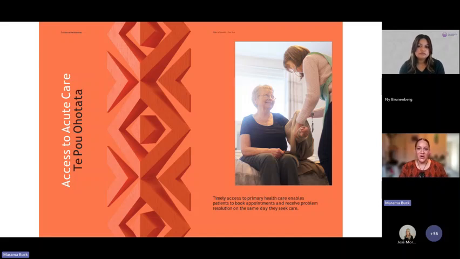So as we develop this Pou, we are going to create resources and templates, for example, a chatbot template, triage scripts. We do already have some on our website, but we're revamping those. So there are actual scripts that someone who's doing clinical triage can read to ensure that they're gaining the right information to make an informed judgment about how to resolve or find the pathway for the person who is seeking care. And also implementation guides, so how you can ensure that you have a smooth, same-day access to care process.